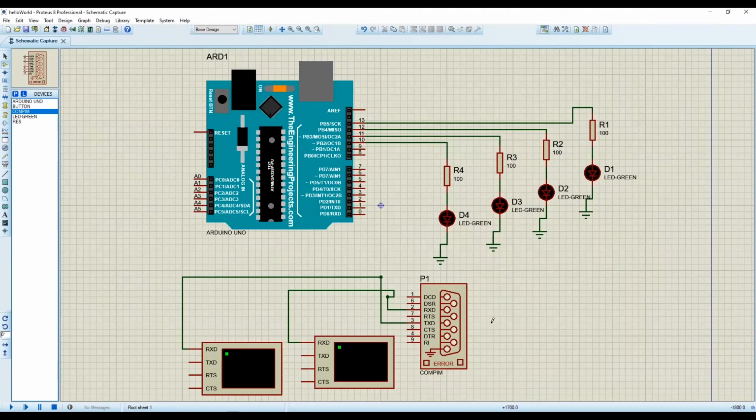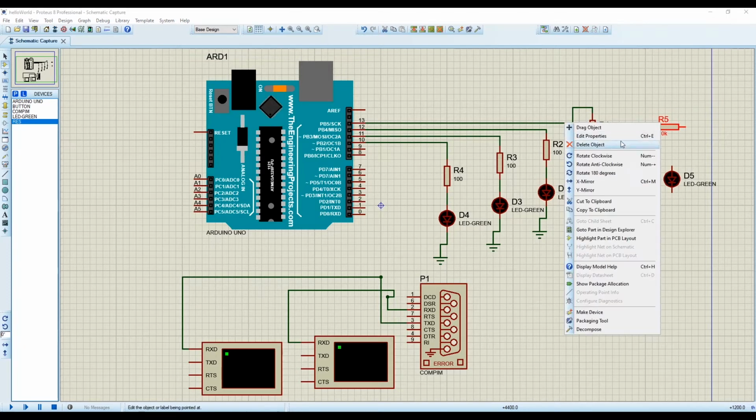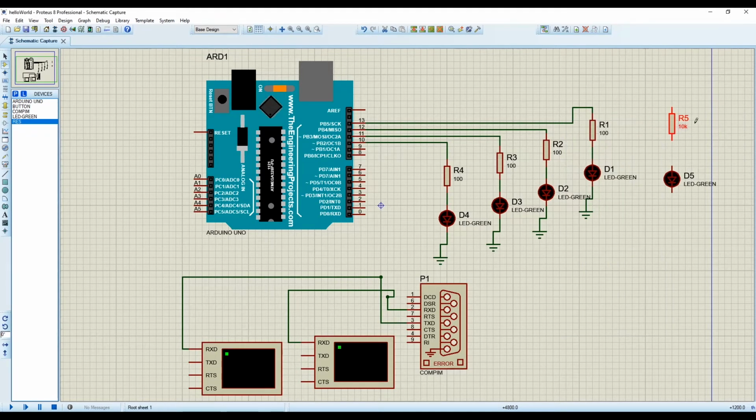So at first you have to organize the components or place the components this way. Like you can click on the LED and then you can place it here. You can click on the resistor and you can place it here like this. So just connect in this way. And you can find the ground in the terminal mode. So go to terminal and select ground and place it here and connect this one.